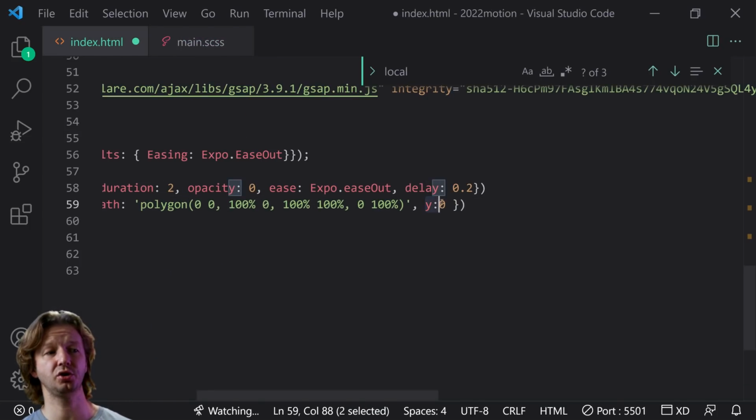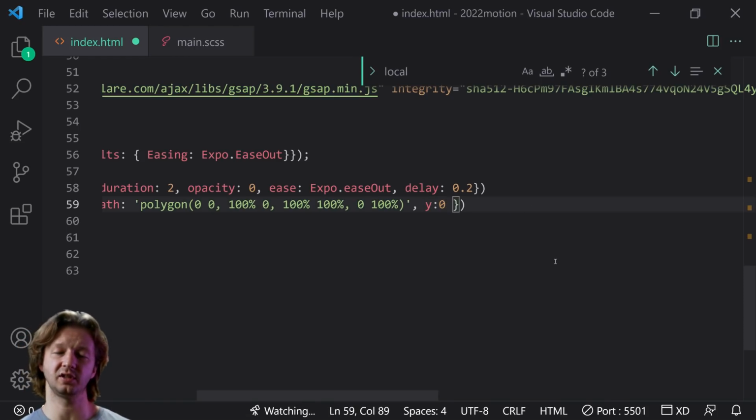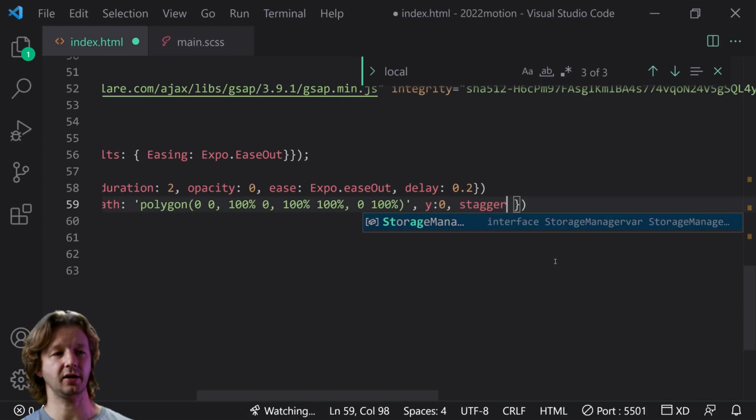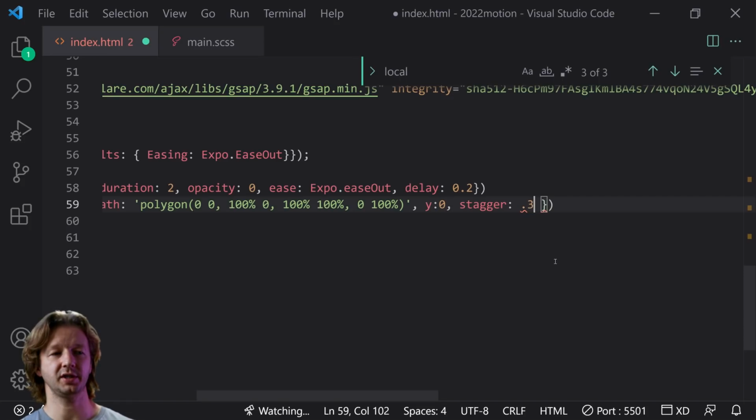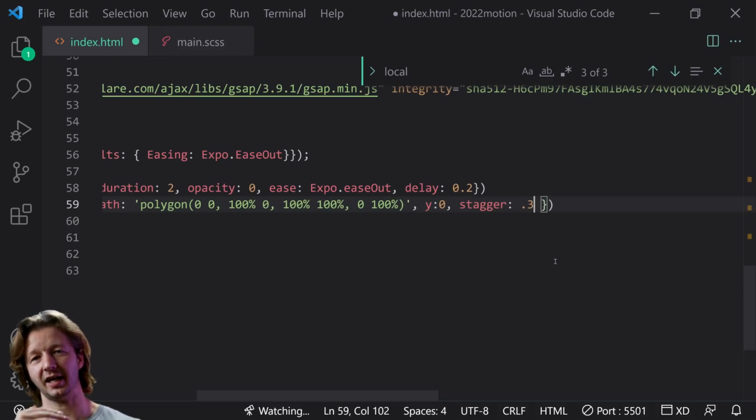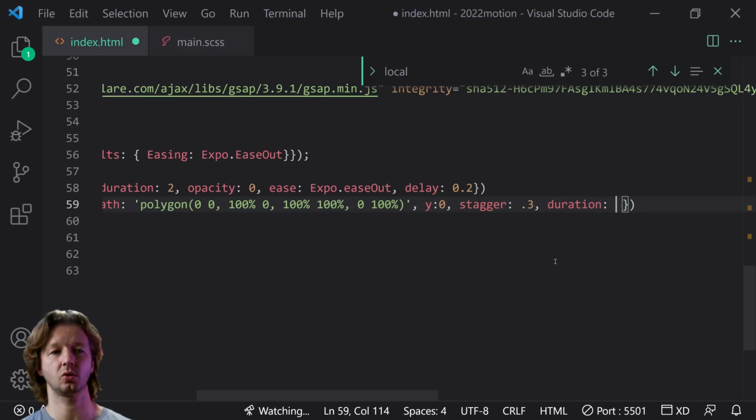So we want to make it go to y0, to its default position. We're also going to put in stagger of 0.3 seconds. So the first one it finds, it'll go immediately. The second one it finds with text reveal applied to it in the DOM is going to happen 0.3 seconds afterwards. All right, and then we'll also change the duration quicker to 1 second instead of,